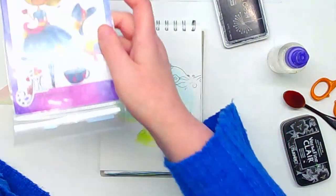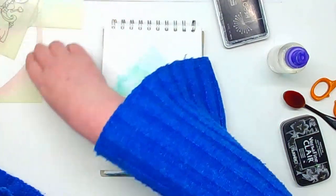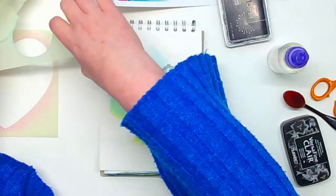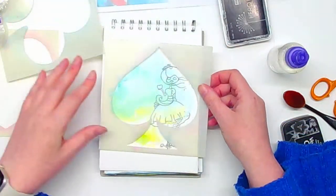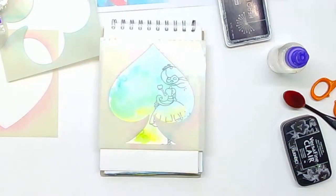So now that we've done that, let's pull in our, can't find it now, this one, the actual stencil, and now I'm going to draw around it. And we're going to frame up that